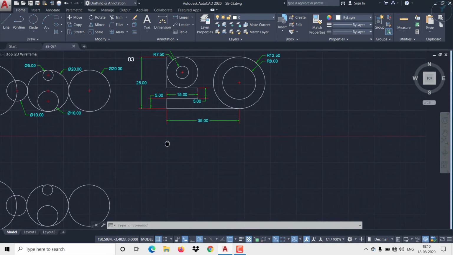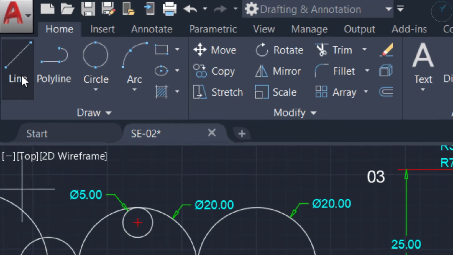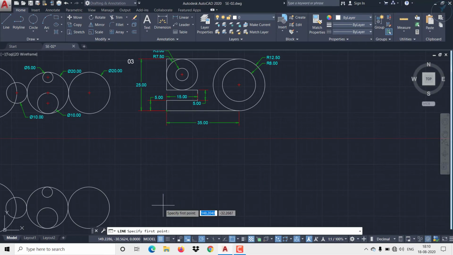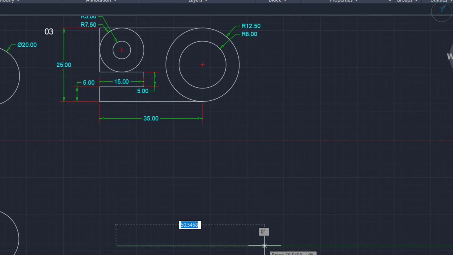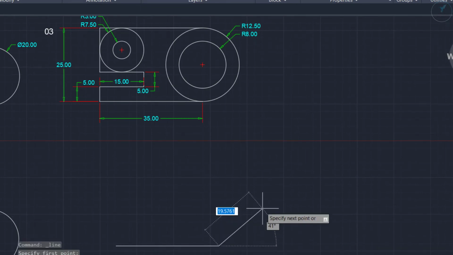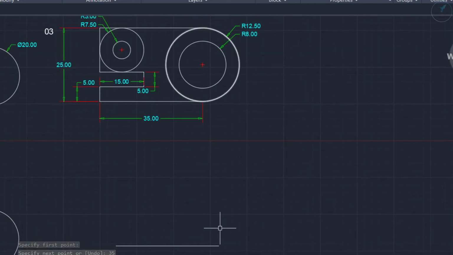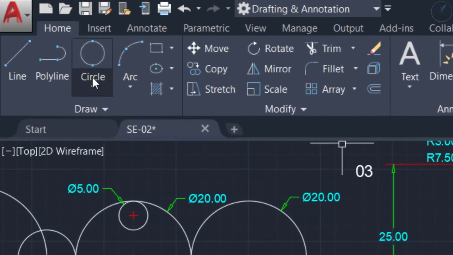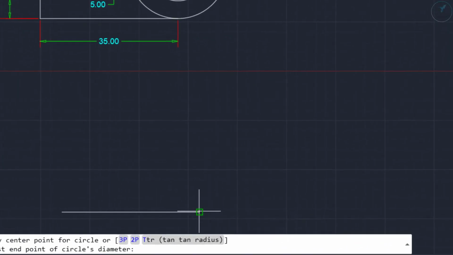So next, coming over here, so here we have to create some lines and some circles as well. So I'm starting with my line command. So I'm going to start from here. So click, and then the length they have mentioned is 35, enter. So either you can form the line and then form the circle and then delete the line as well, or you can directly go with the circle 2 point option, because this distance is nothing but the diameter. So radius is 12.5, that means the diameter would be 25.